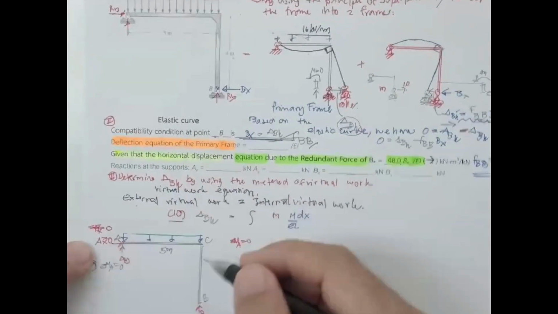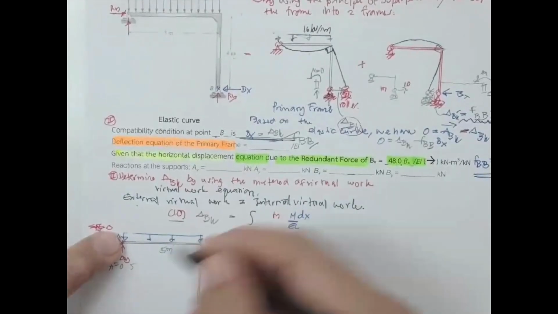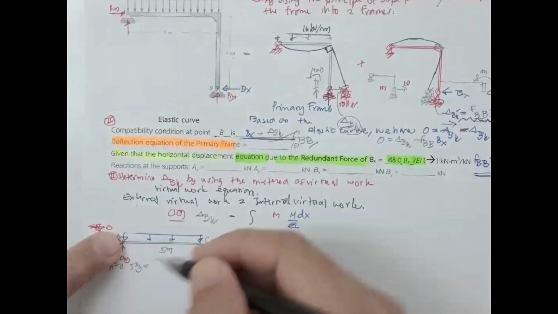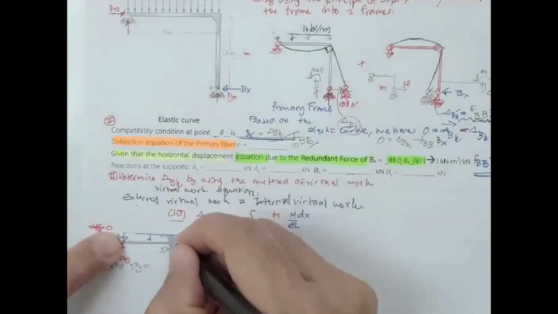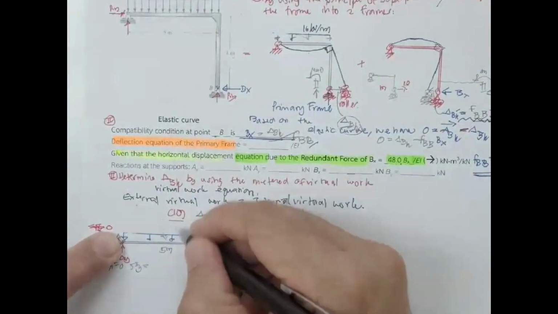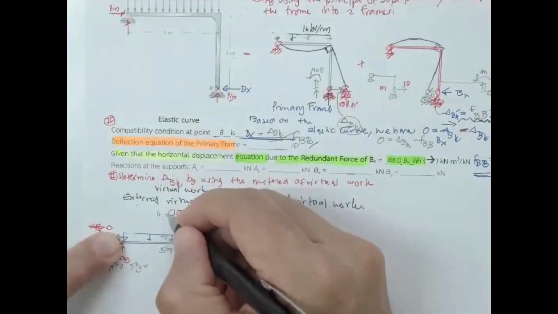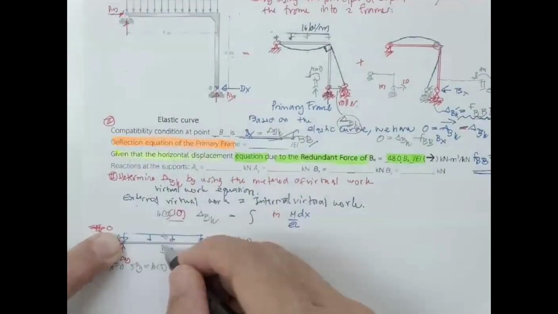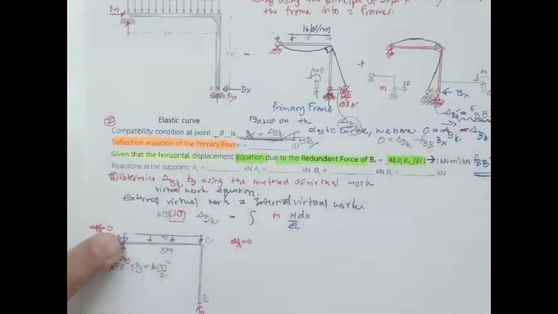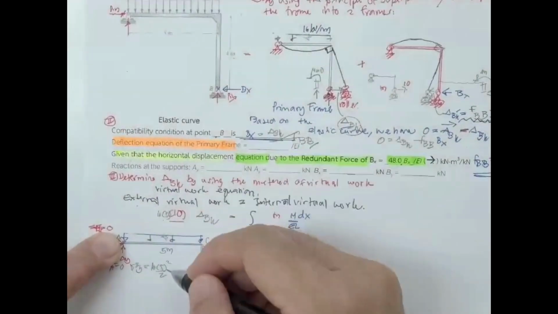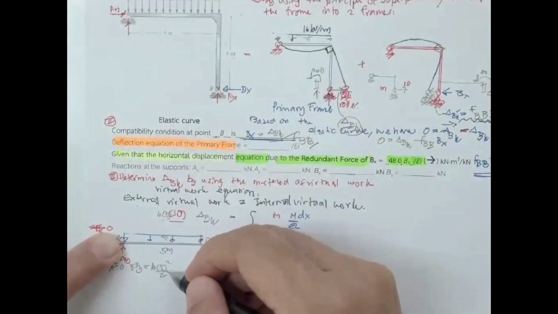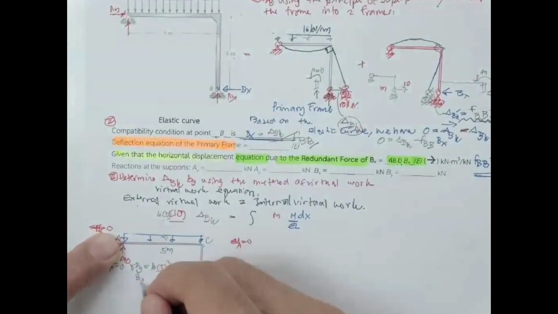On this rotation, 5 B sub Y equal to this force, 16 times 5, and then times 5 over 2. You should cancel this one and then it's going to be 16 times 2.5. You get B sub Y equal to 40